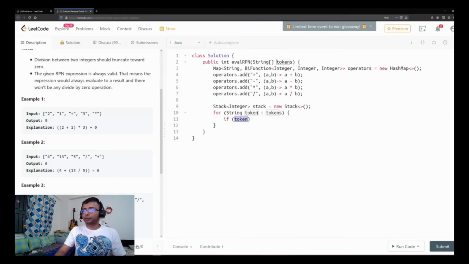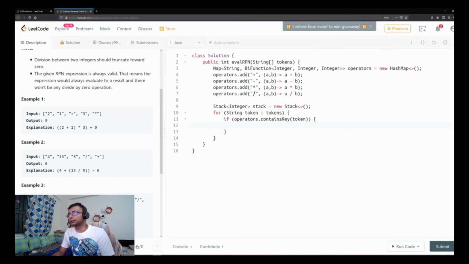So I have this map, operators. I can say that if my operators contains key of token, so if it is any of plus, minus, multiplication or division, I can just check it with the help of this. If it is any of them, this will return true. And if it is true, what we are going to do is,